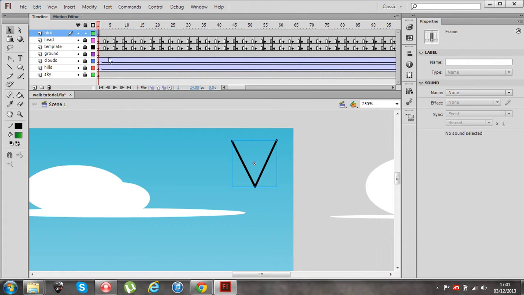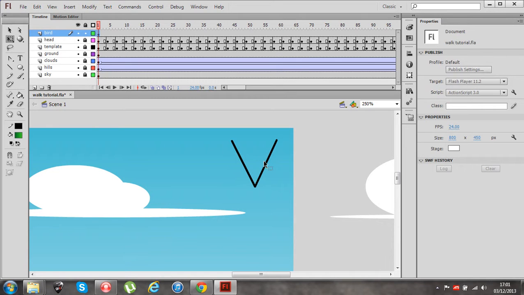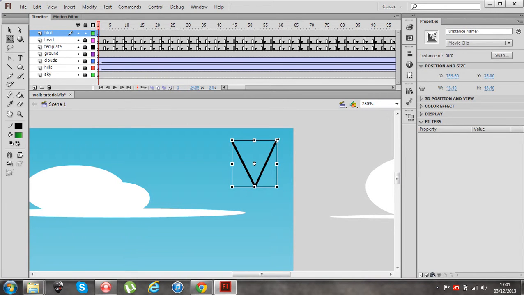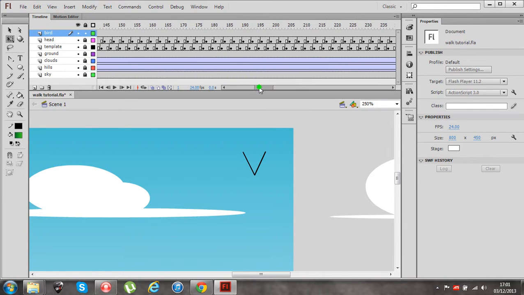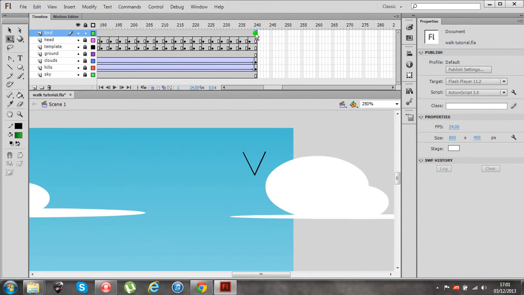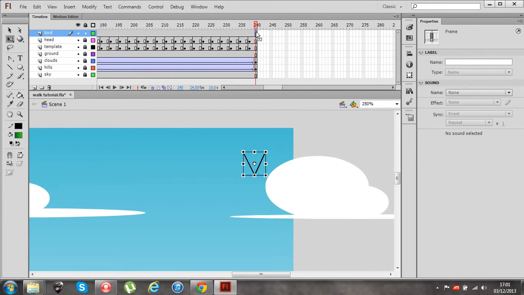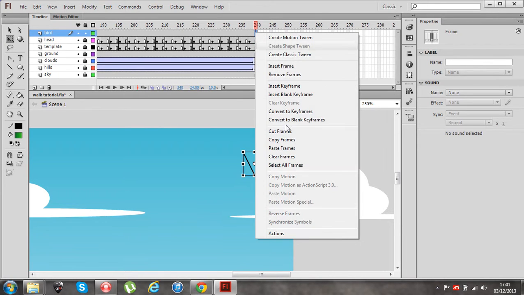Now it is a bit big, so we're going to use the Transform tool, and I'm simply going to select it, holding in Shift to constrain the proportions, and resize the bird. Okay, now we're going to tween this bird, but slightly differently to how we've done before. Instead of moving the bird vertically or horizontally, we're going to use what's called a motion